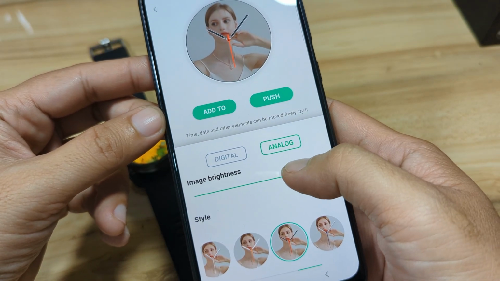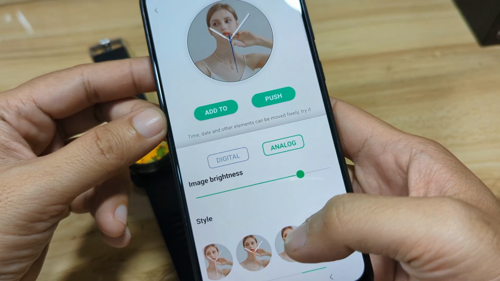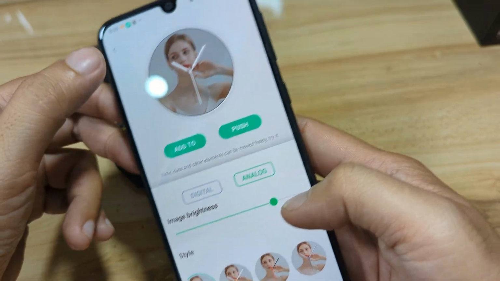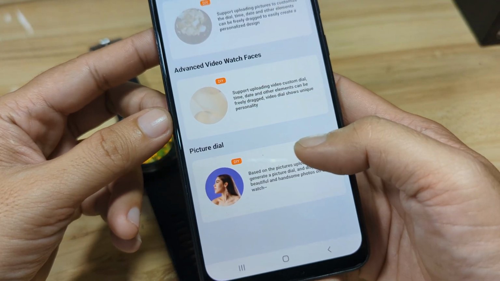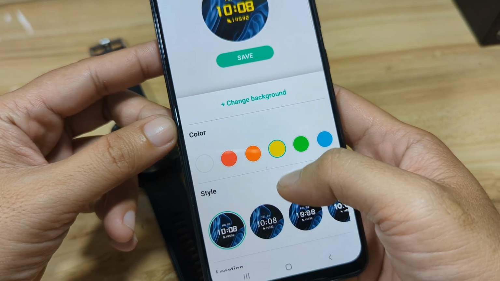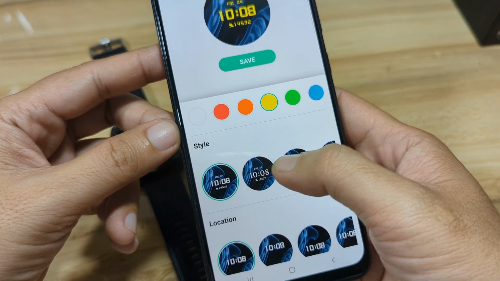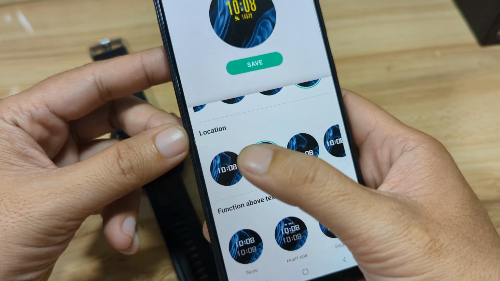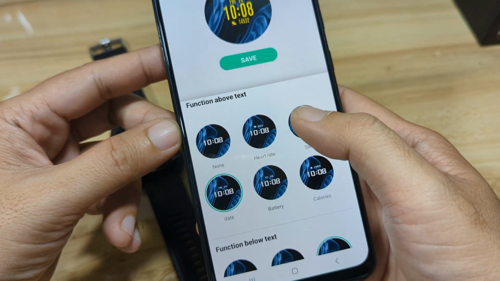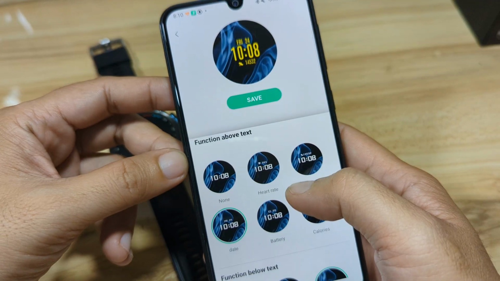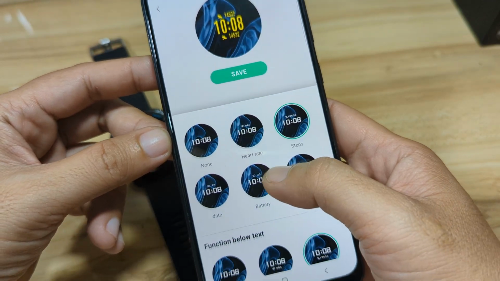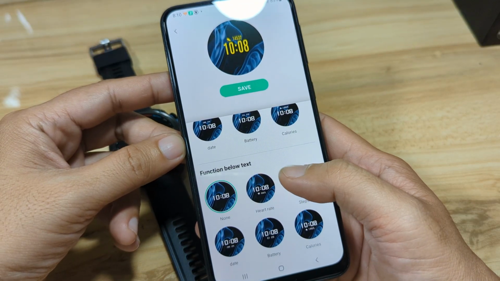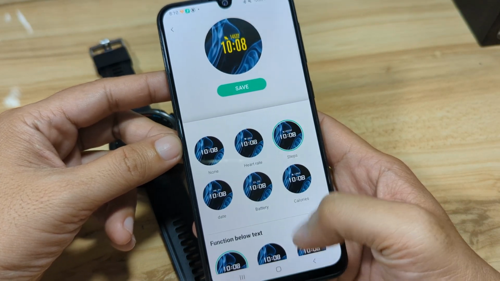For the analog, options are image brightness and the color of the pointer. The other one, the picture dial, you have an option to change the color here, but the style is only for digital watch faces. You can pick a lot of options, the location, the function above the text. You have an option also here, the function below the text, from date, battery to calories.